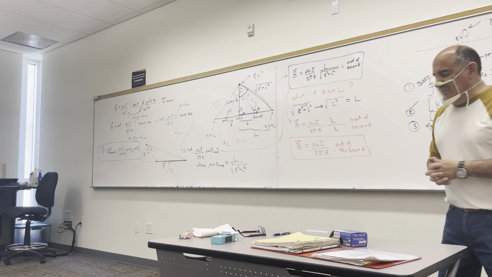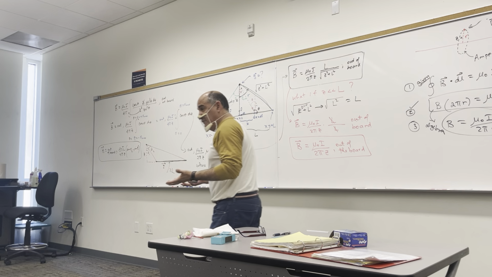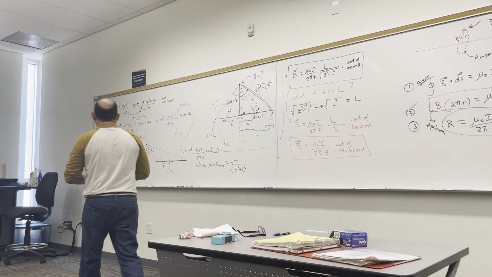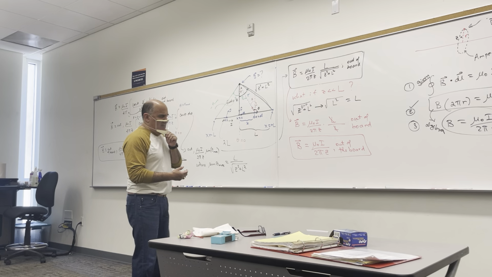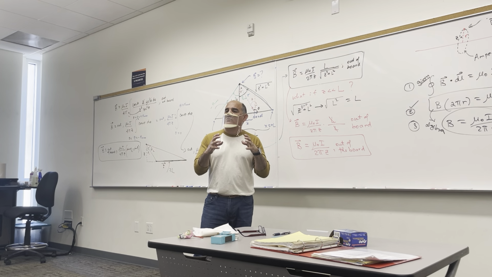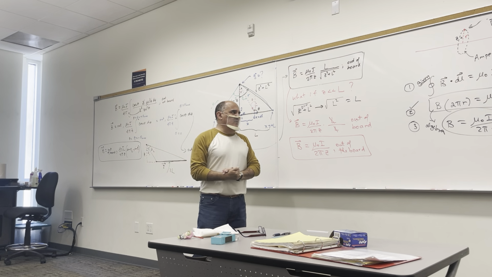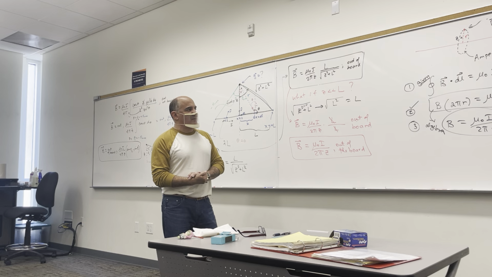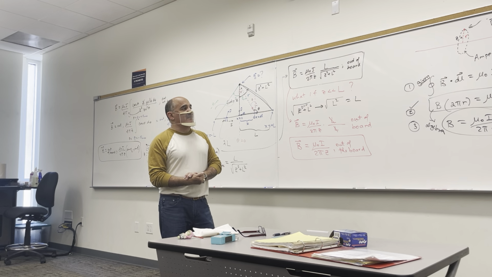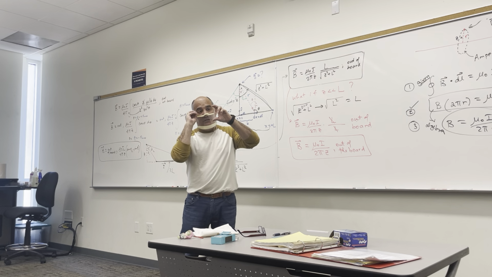Here, in Ampere's law, we imagine a closed loop, not a surface. And in Gauss's law, we were interested in the total charge enclosed by that Gaussian surface. Here, what we consider is the total current enclosed by the loop, the total current